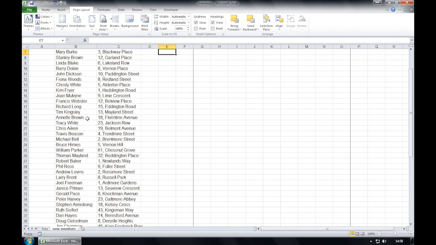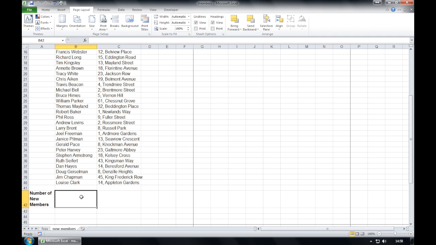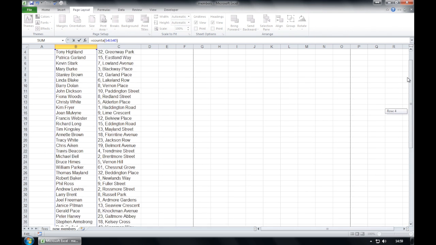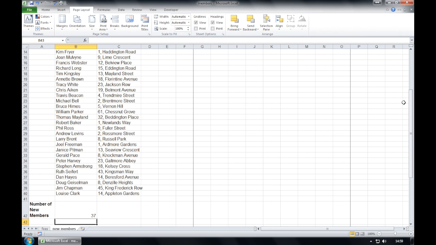We're going to find cell B42. We're going to enter a function to count the new members. So the number of new members, we're going to go equals count, and we're going to choose COUNTA. COUNTA will count any cell that isn't empty. So we're going to choose which ones are populated with people's names from B4 to B40. If you notice, we've got all the highlighted names there, press enter, we've got 37.